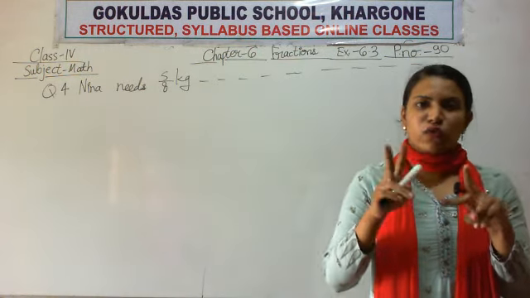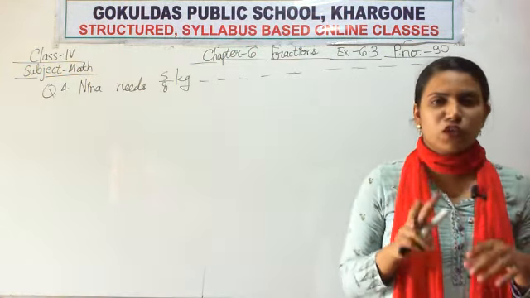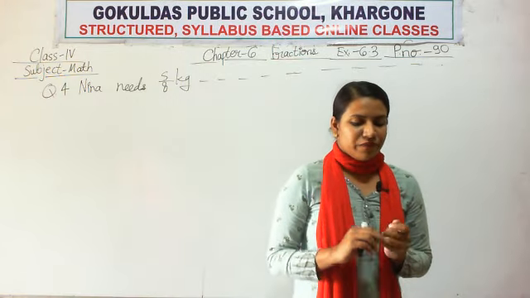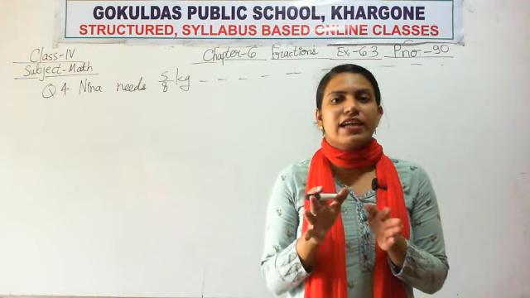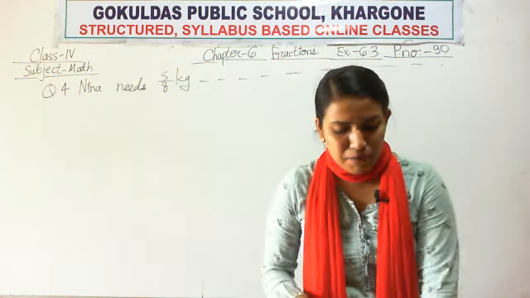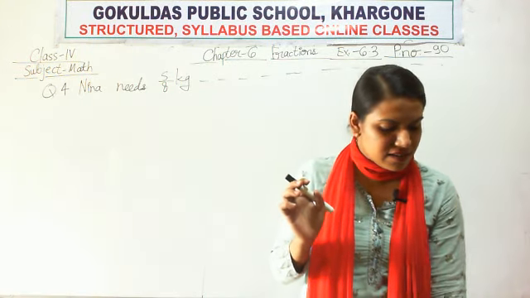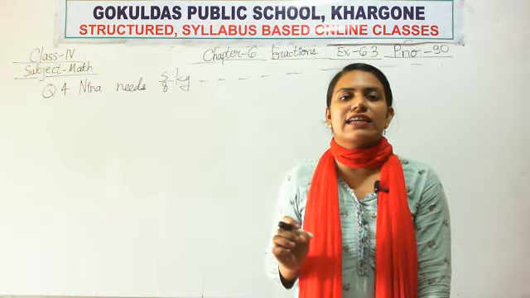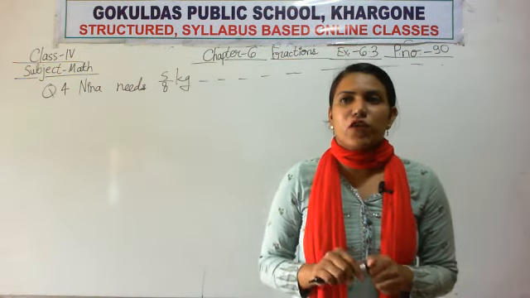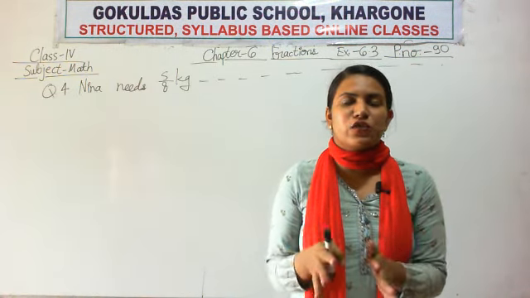Nina is making 2 dishes. Okay. She is making 2 items. One is cake, another one is pudding. So for baking a cake, she needs 5 upon 8 kg of sugar, and for making a pudding, she needs 3 upon 8 kg of sugar. Okay. And we want to find how much total sugar is needed.